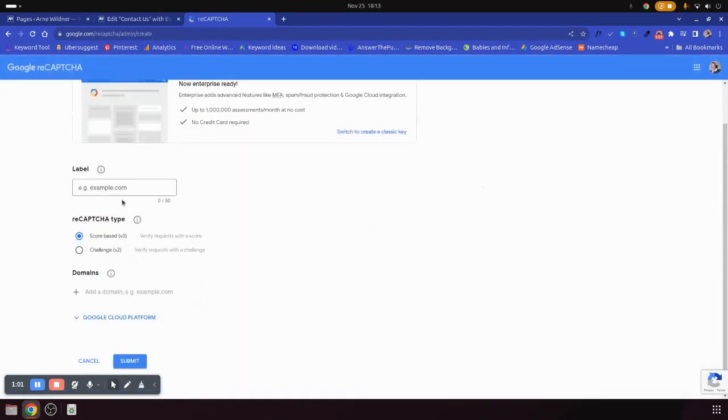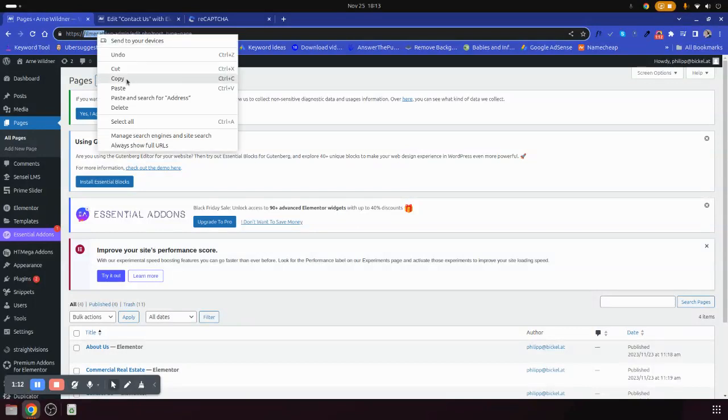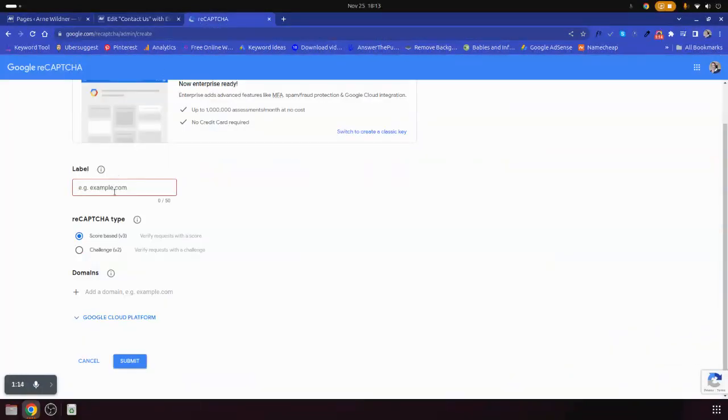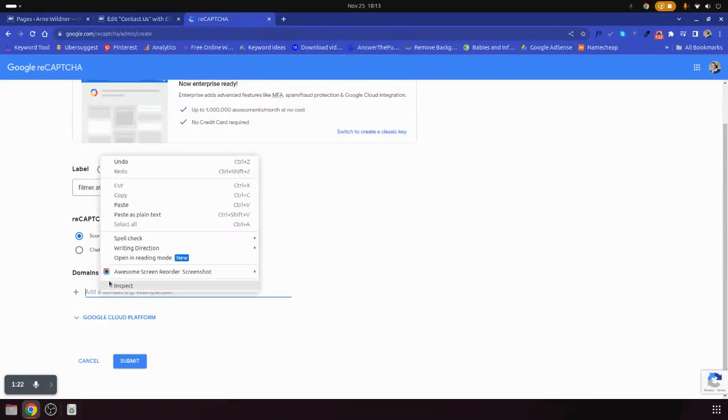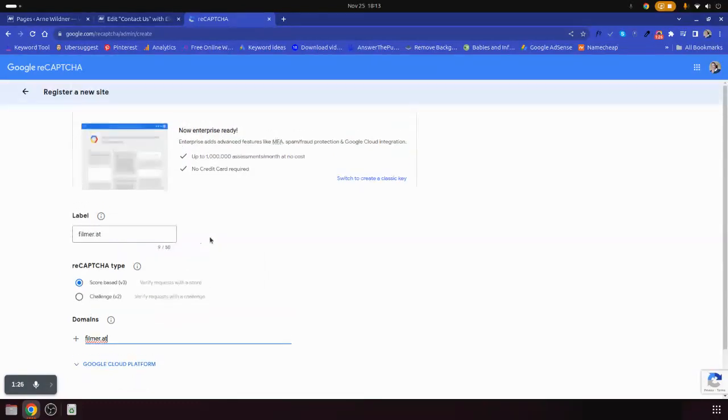Once you have clicked the icon, put here the address of your website. For example, we are going to set up this. Copy this and paste here. Now here, paste the domain. Paste still the name, the domain. Then after that,